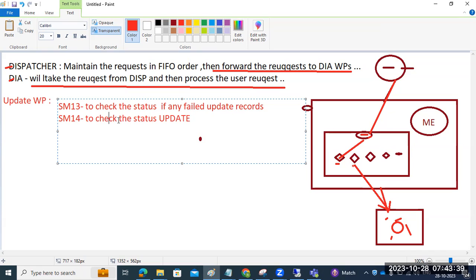So in dialog mode, I logged in. Dialog mode, you logged in, means the dialog work process takes care. Then you are doing one transaction. It's not that you have to go and update into the table level. There is a separate process, the update process. Update will take care of it. Your dialog work process is responsible to take the user request and process the user request. It doesn't go ahead and update what the user did in the transaction. Then after that, who will update the data into the table level? The update work process will take care of those updates. That is the update related work process.